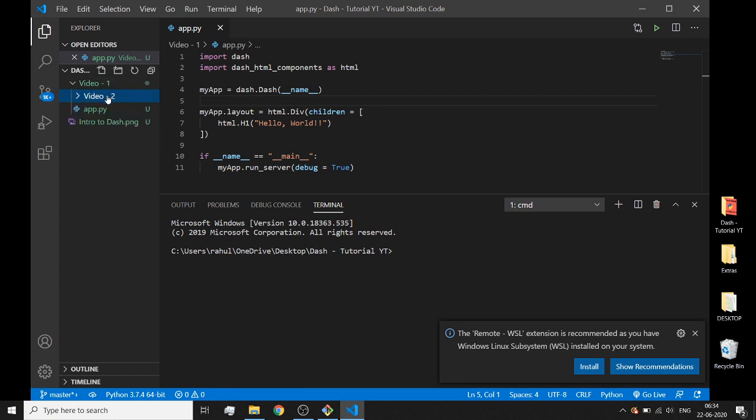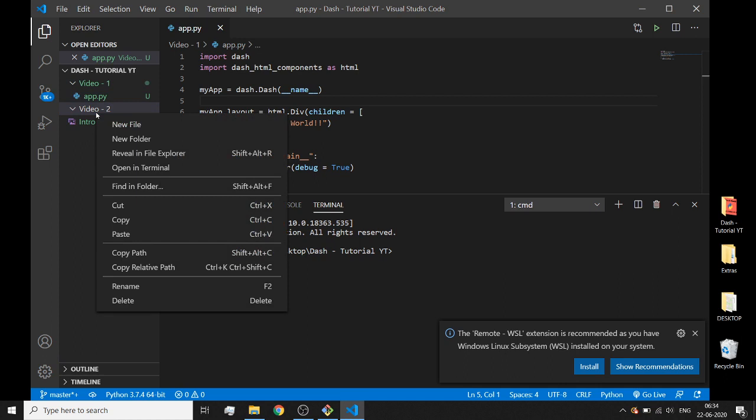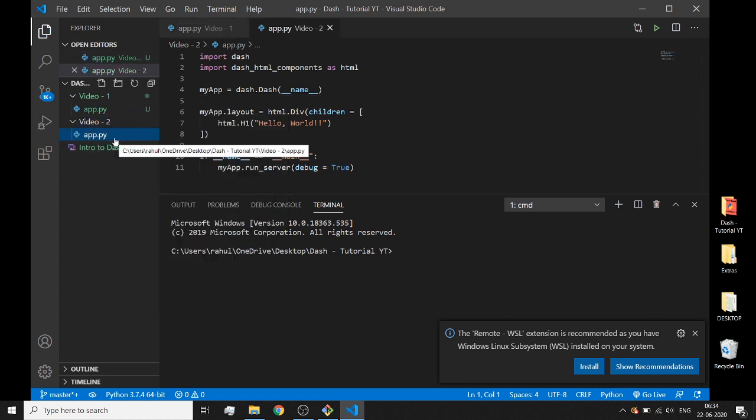In this folder I'm going to paste this particular file, because most of the things will be the same and I don't want to waste your time coding these unnecessary things. So let me go through this code once again.